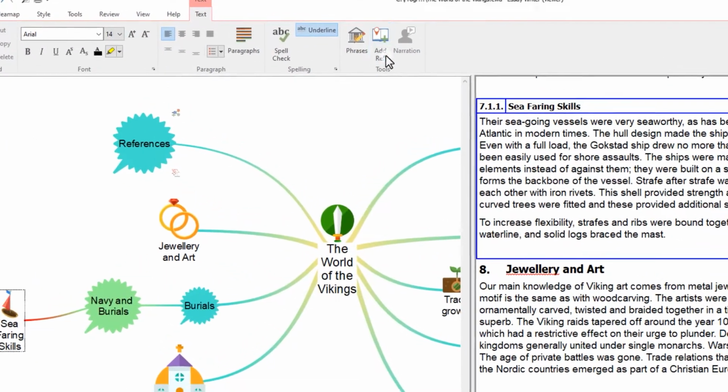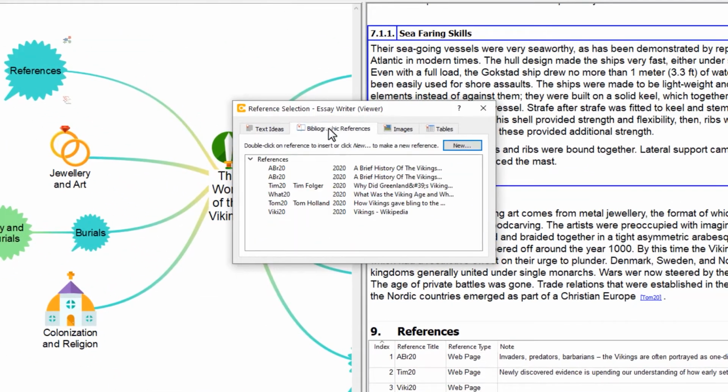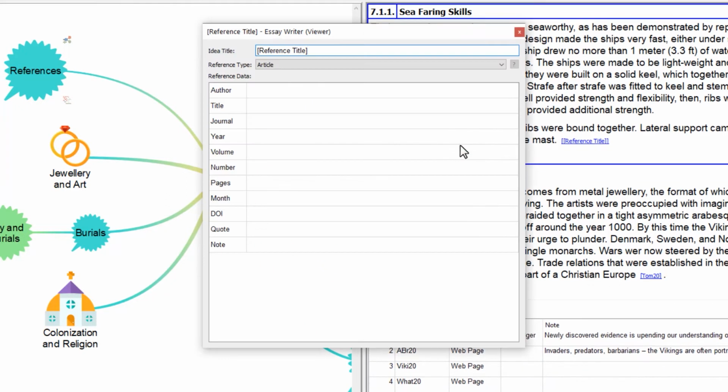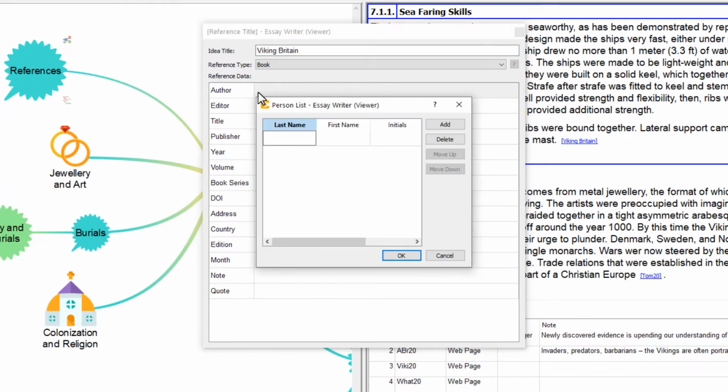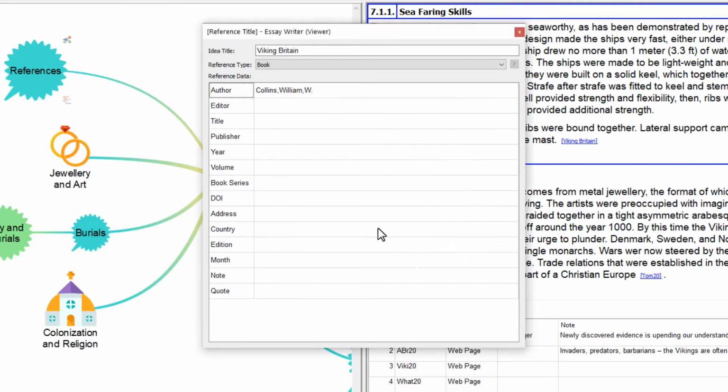The built-in referencing tool allows you to complete citations and bibliographies as you go, reducing the time spent collecting this information after completing your essay. Essay Writer does all the hard work for you, which means you are free to worry less about the additional